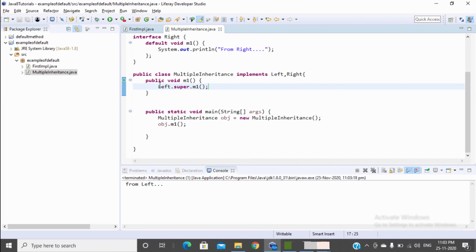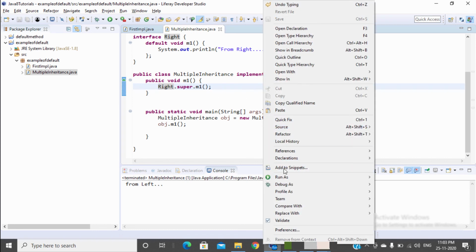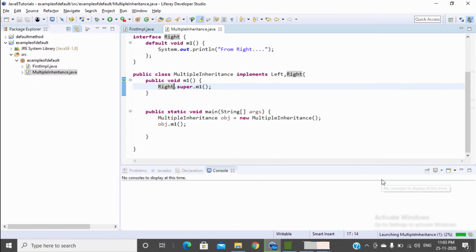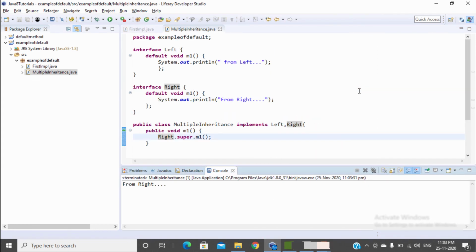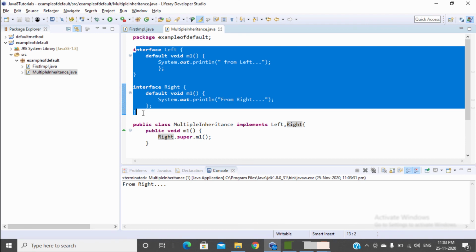From Left, and if you want to use the implementation of Right, then you can also use the Right method. This way you can resolve the multiple inheritance problem, but this scenario is only happening for interfaces and not for classes, because only interface contains this default method and classes don't.